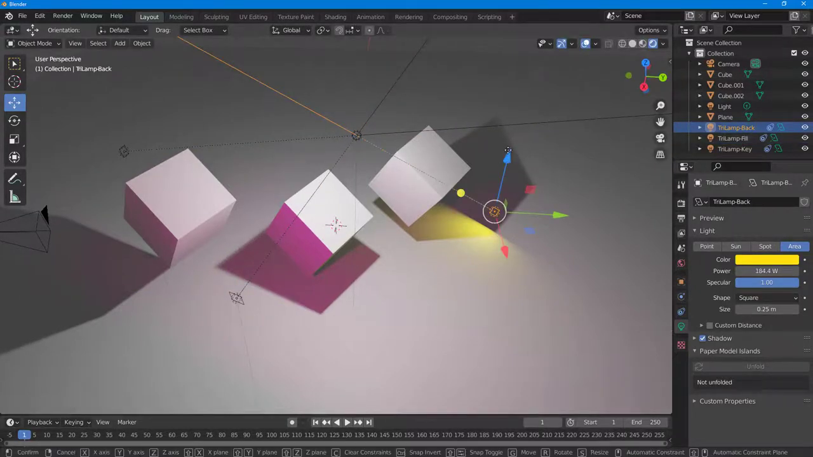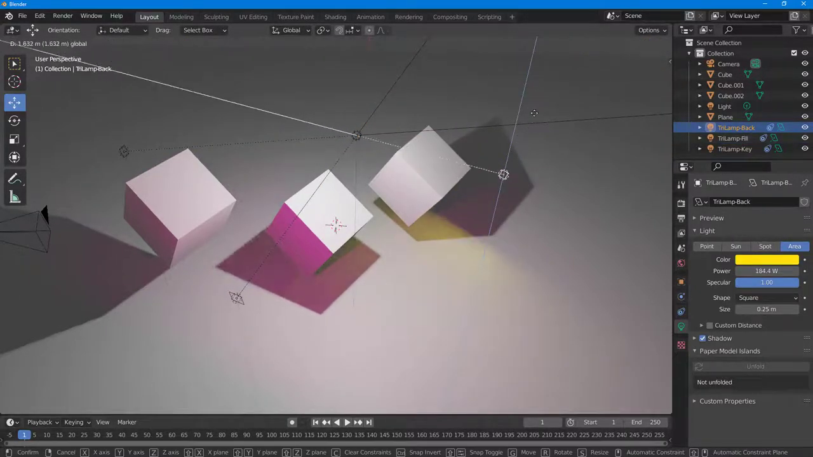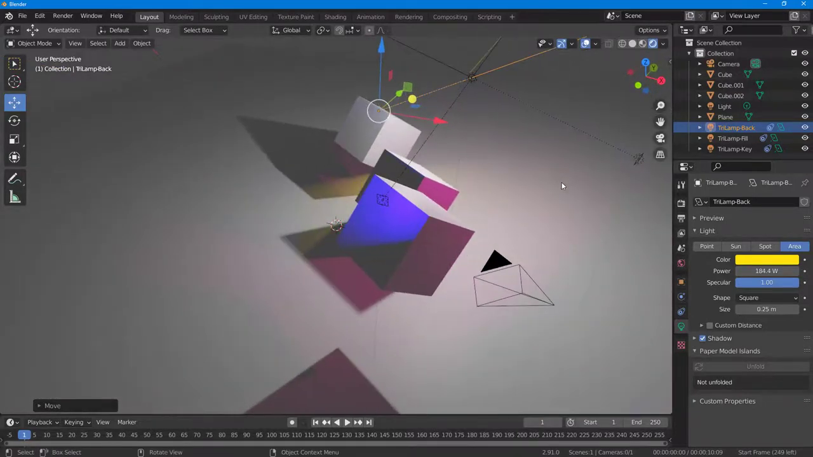So this is how the Tree Lighting plugin works inside of Blender, and that is how you can apply lights inside of Blender. So hope you guys learned